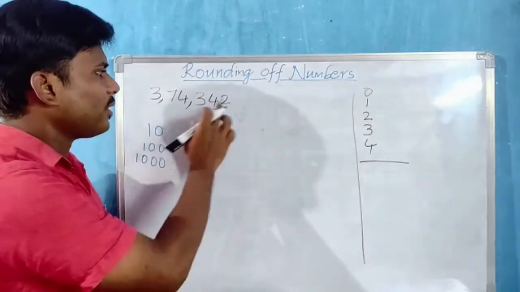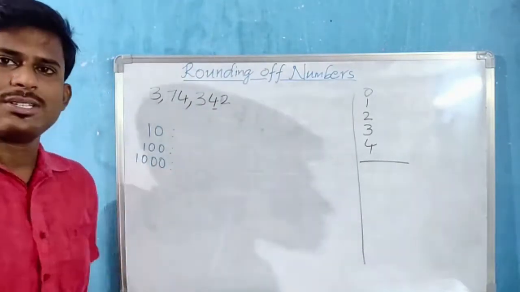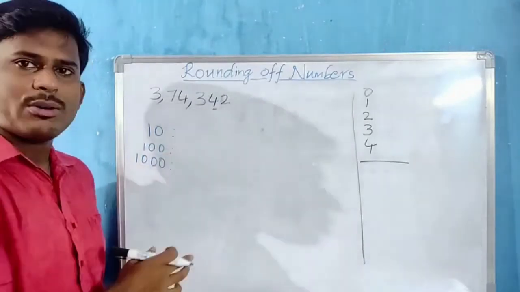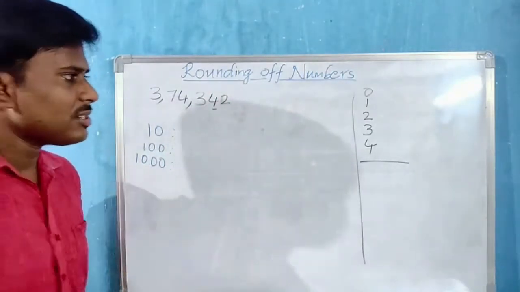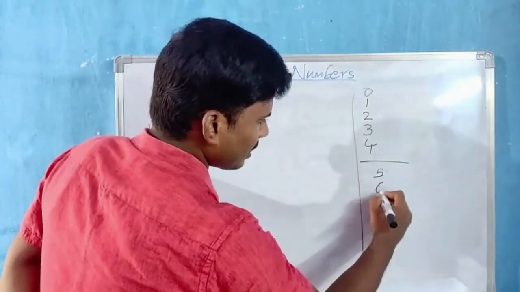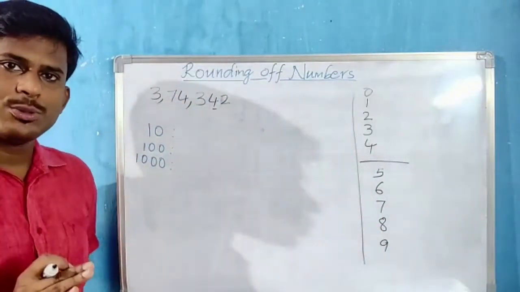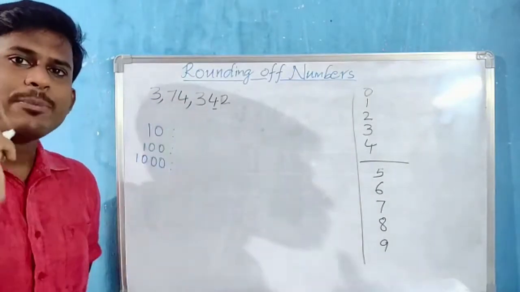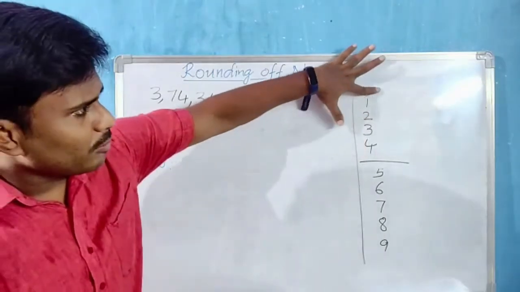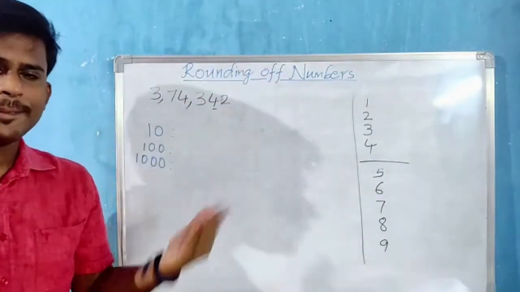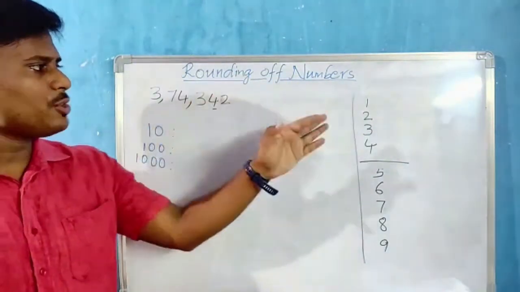0, 1, 2, 3, 4. If it is there like that, then the rounding digit will be same as it is. The rounding digit you should write as it is. If towards the right of the rounding digit, if we have 5, 6, 7, 8, 9, then what we have to do? We have to add plus 1 to the rounding digit. You remember these rules. 0, no need, no problem, because when 0 is given, automatically it is rounded off. When the digits are given in that way only. Okay, 1, 2, 3, 4.